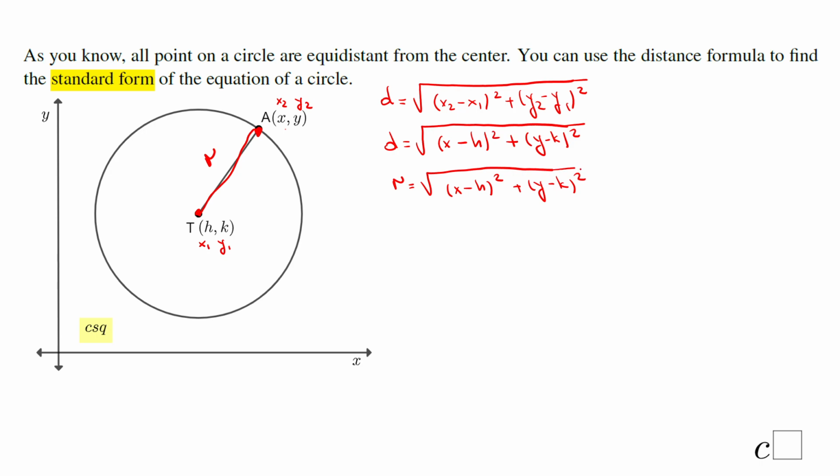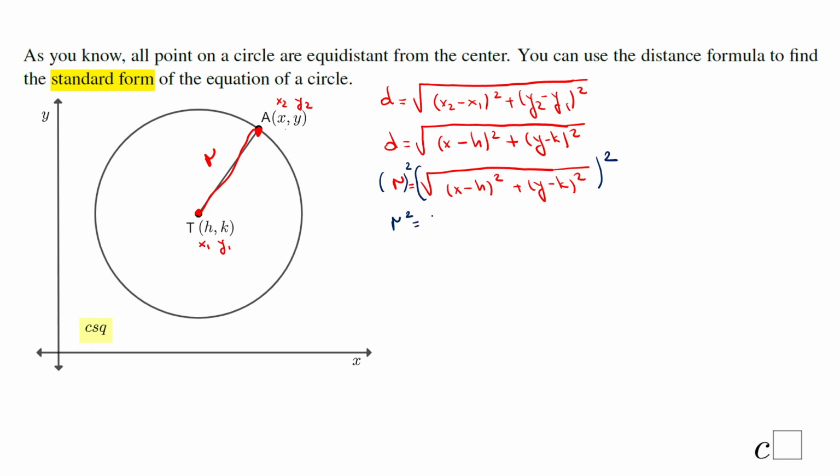My next step will be to cancel the square root. For canceling the square root, we need to raise to the second power. We're going to raise to the second power also on the right side. So we have here r squared